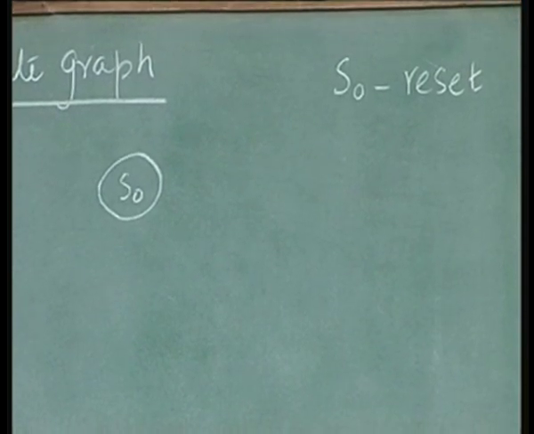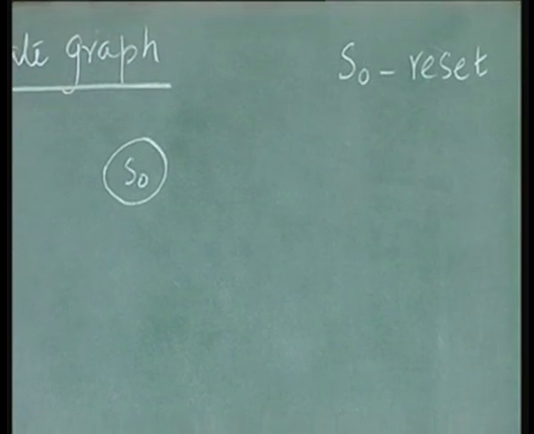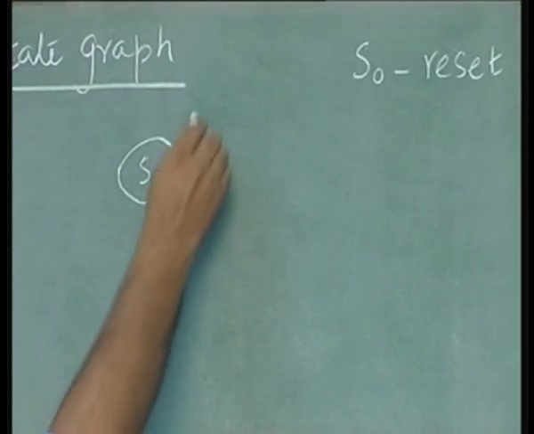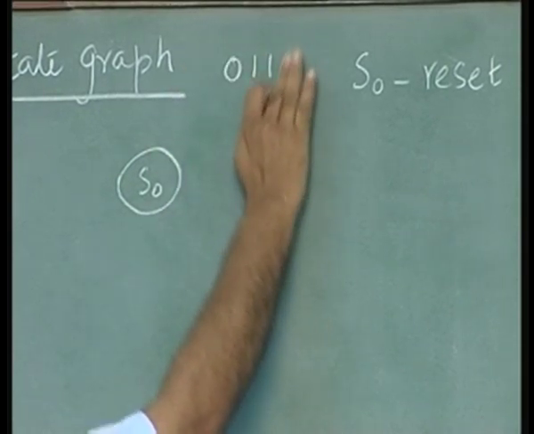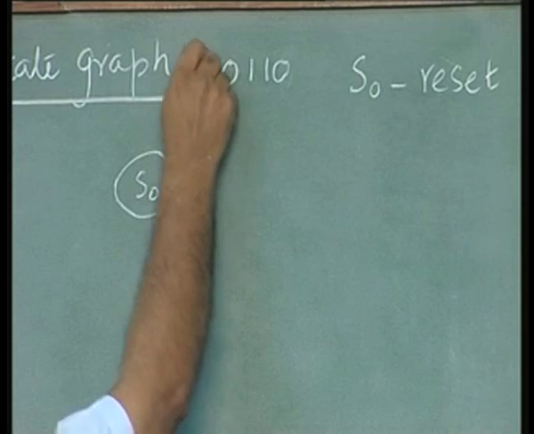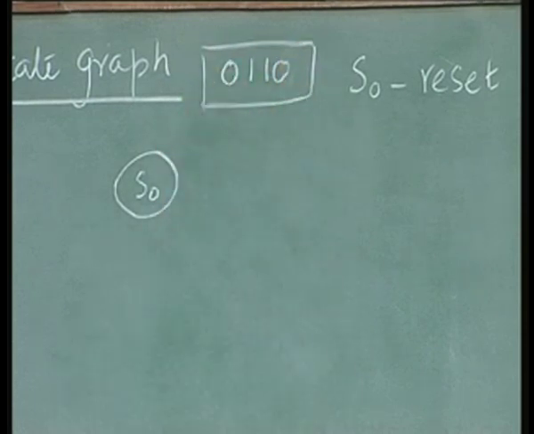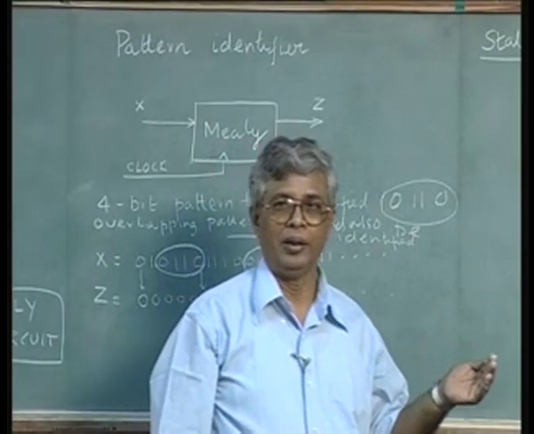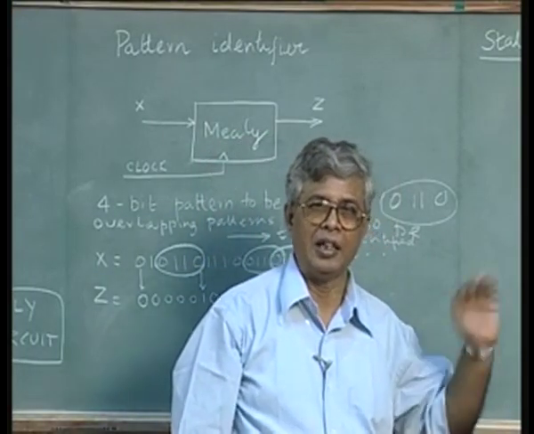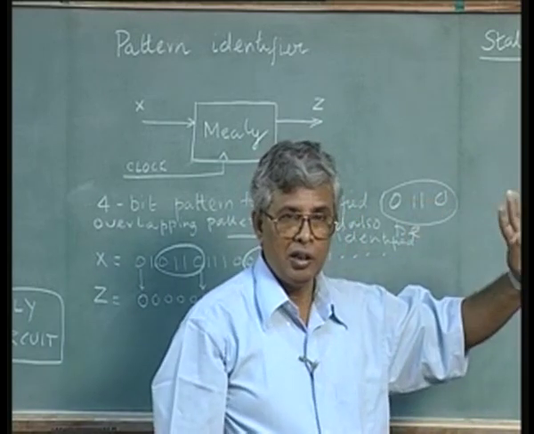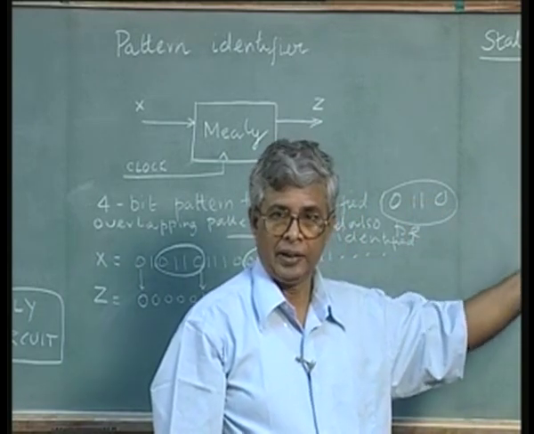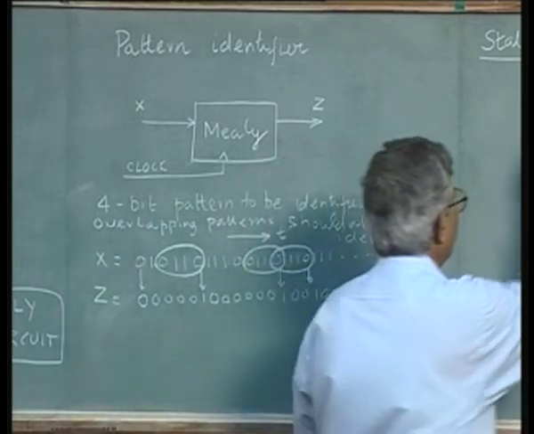So input is 1 or input is 0. What is the pattern I am trying to identify? 0 1 1 0. Remember, this is the pattern I am trying to identify. If the very first bit is a 1, it does not fit into the pattern. I do not have to do any work. I do not have to remember this one. I can still remain in reset state. As far as I am concerned, receiving a 1 is equal to not receiving anything, I can continue to be in reset state. So if a 1 occurs,